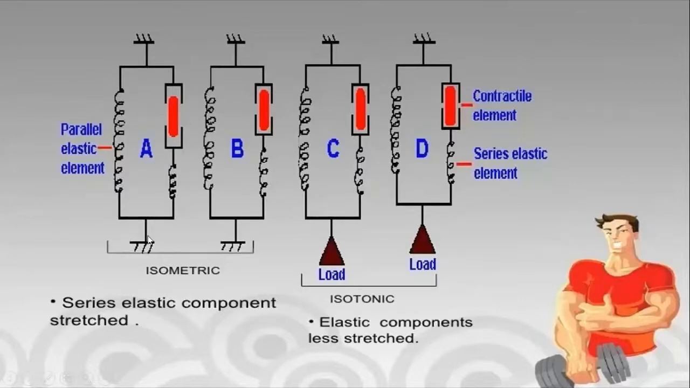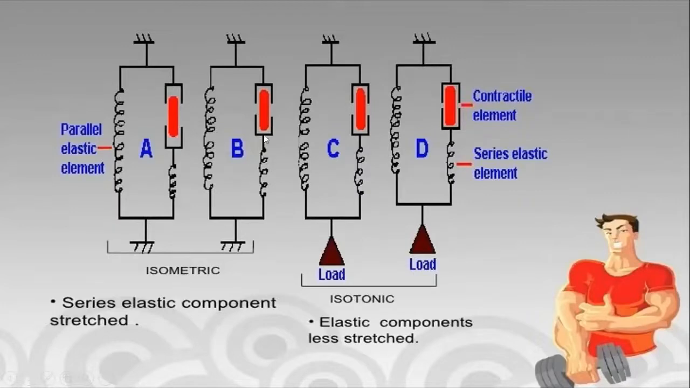The total length of the muscle is remaining constant. So this is isometric contraction. What happens here? The series elastic component, you can see here, this is the series elastic component. It is stretched. Though the contractile component has shortened as compared to A, you compare A with B, you